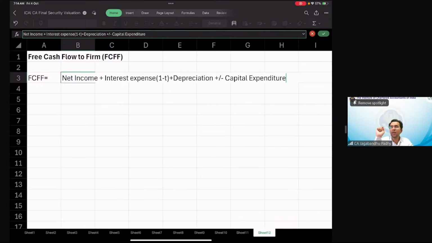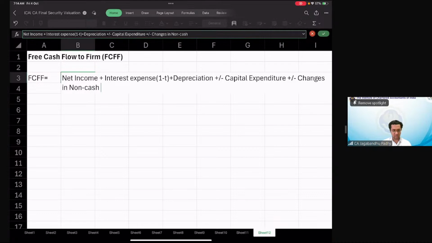Similarly, if you are selling any asset, and you are realizing some cash flows, that cash flow is something also which is coming into us. So therefore I need to adjust the capital expenditure also, right? And of course, add or less changes